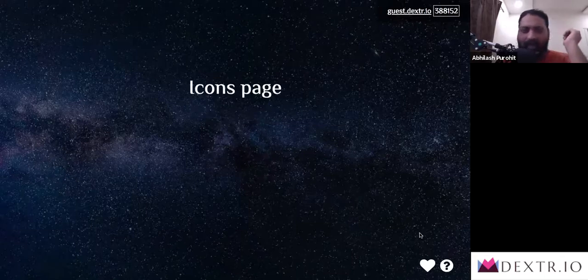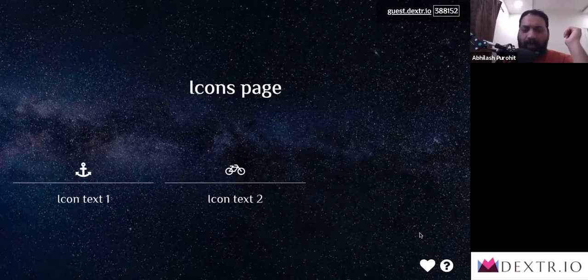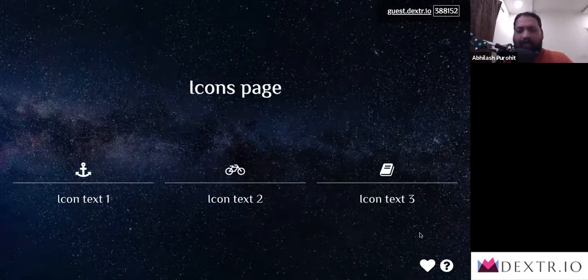If I hit on the right button now, another page comes up. Once again, it is the icons page. I click on the right, that appears. Click once more right, and one after the other, they appear. If I was to hit the heart icon again, if you observe in the bottom right corner, the heart has got a number 1 on top of it.